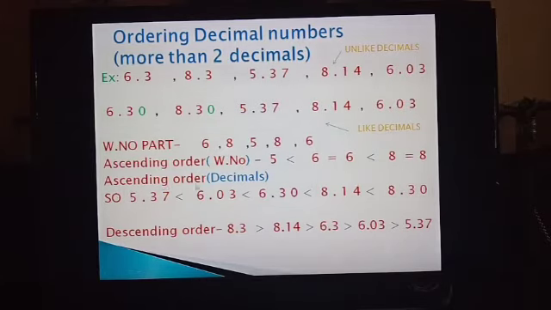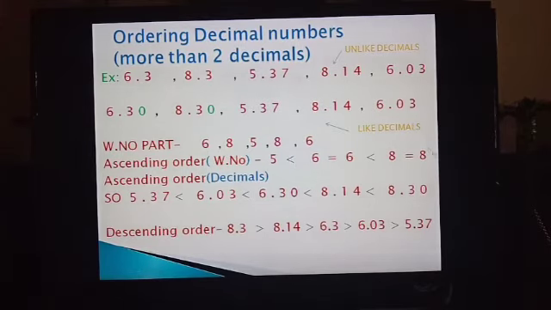So now to write the ascending order of the given decimals, first 5, without any doubt we can write the decimal with whole number part 5 first. So that is 5.37. Next, coming to the whole number part 6, 2 decimals are having whole number part 6. So we need to compare these two, 6.30, 6.03. If the whole number part is the same, we need to follow the third step, that is we need to check the next place, the 10th place. Here the 10th place 3 is there, here the 10th place 0 is there. Which is smaller, children? 0 is smaller. So 6.03 is smaller than 6.30. So 6.03 comes first, next 6.30. In this way we need to compare if whole number parts are same.